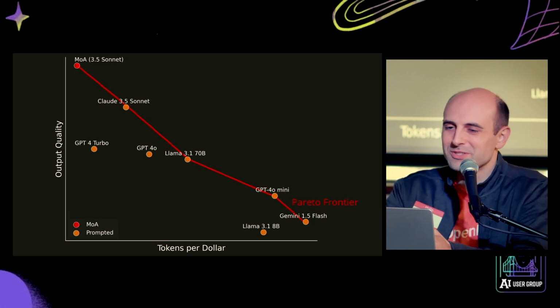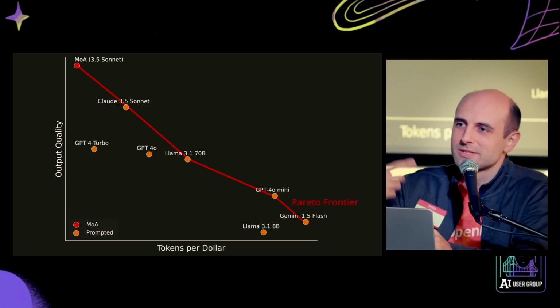This is what the cool kids are calling increasing inference time compute, basically doing more calls at inference time to get higher quality. That's a really useful tool to have. Of course, it does come with those downsides we said, which is this is now much more expensive and slower. We've found for a lot of use cases, this gets too expensive and too slow. Having it take 3 times as long and cost 3 times as much puts this out of the range of many real production use cases.